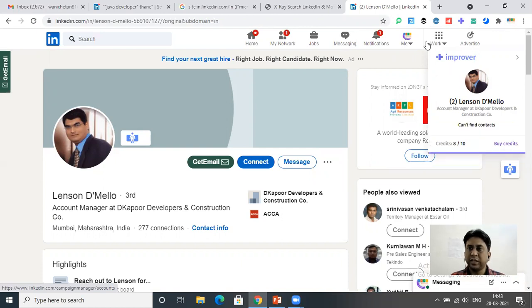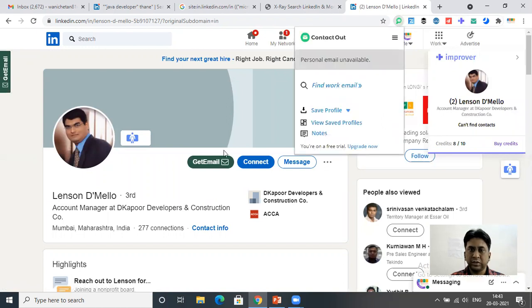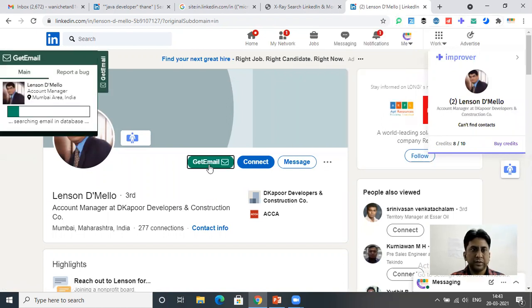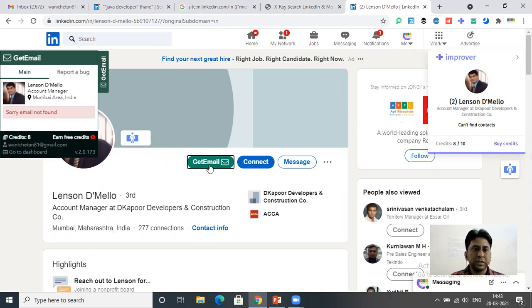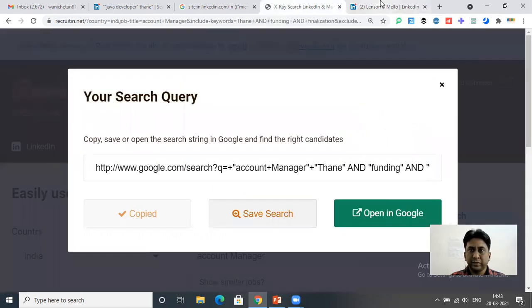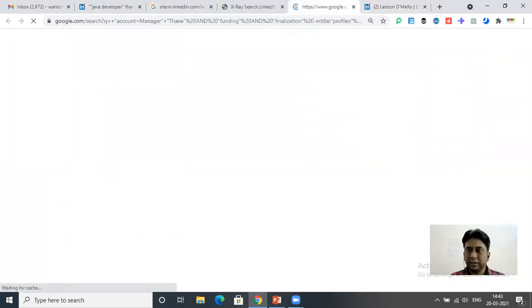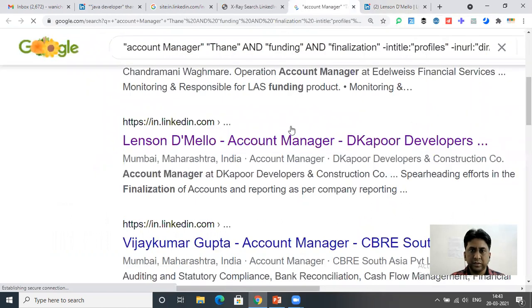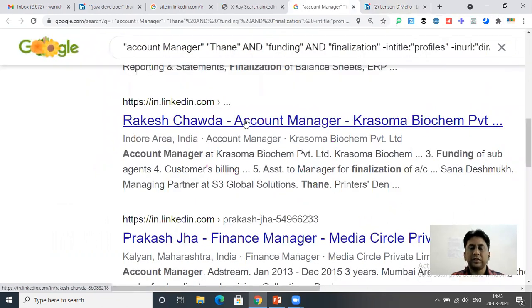Okay. So in that case, you can use this contact or get email. So that means his email ID is not there. So let's open it again in Google, and let's see for this Rakesh.